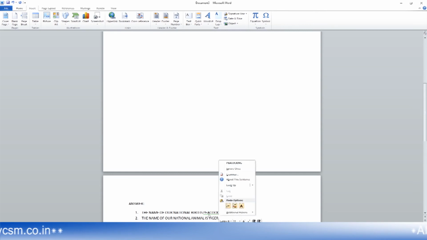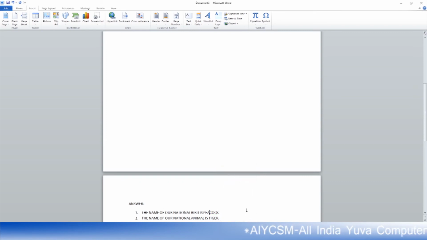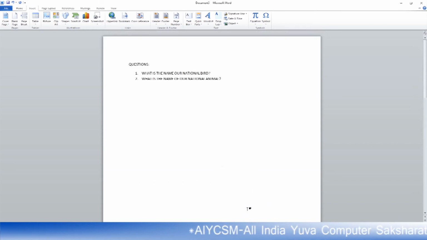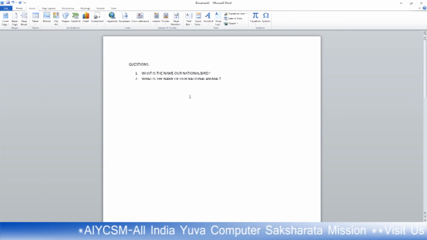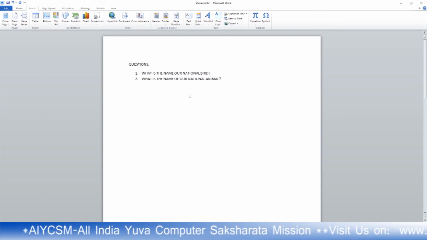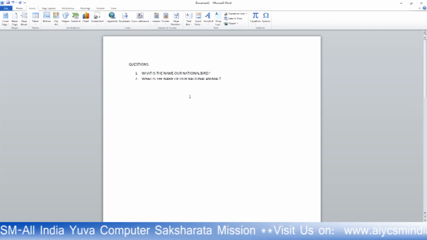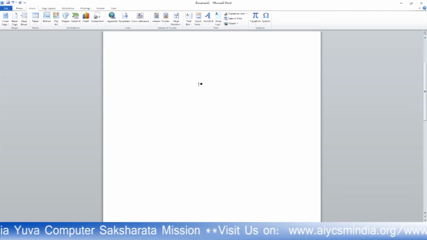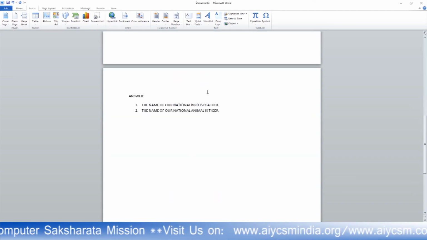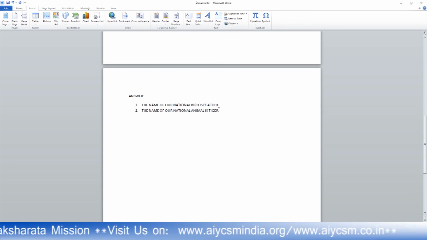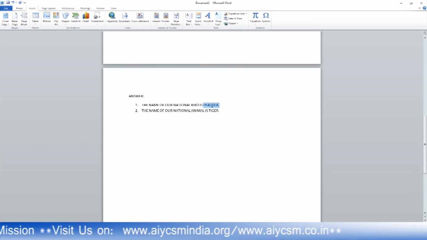Okay, if you find something like this, it is actually a grammatical error. If you click on ignore, it will ignore that. If the line is red, then it is a spelling error, and if it is green, it is a grammatical or typing error. Now this is an example of an internal hyperlink.